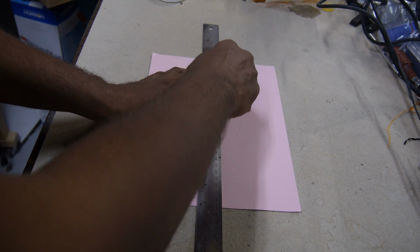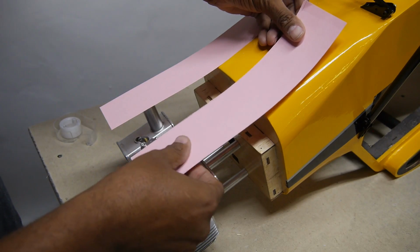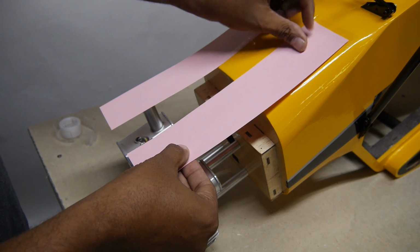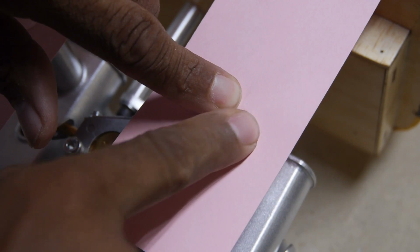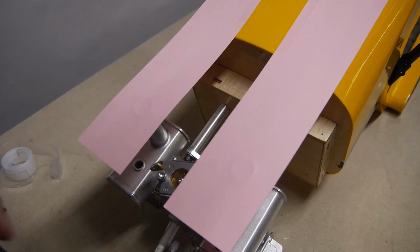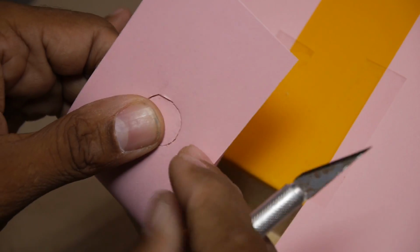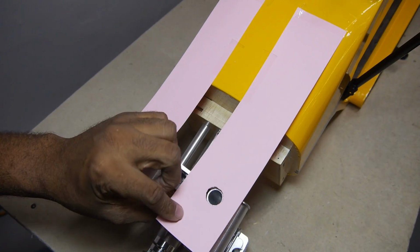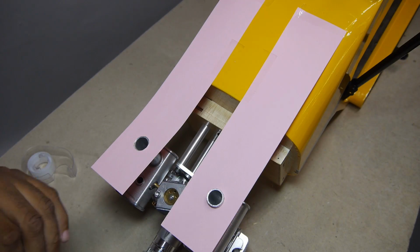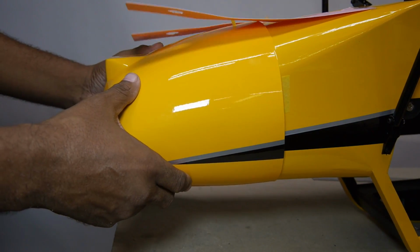To do this, make a couple of strips with thick paper. Then tape it onto the fuselage and over the exhaust. Once in place, emboss it by pressing down on the paper with your fingers. Cut out the holes using the lines as a guide, and recheck the alignment. With the muffler now off, install the cowl and...